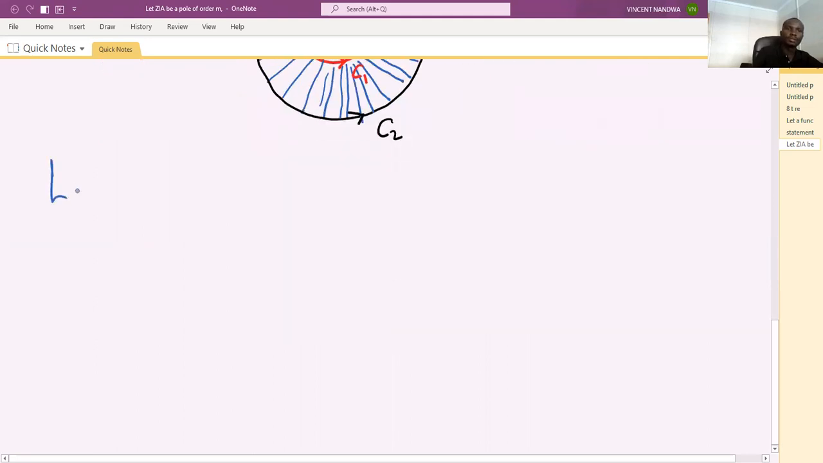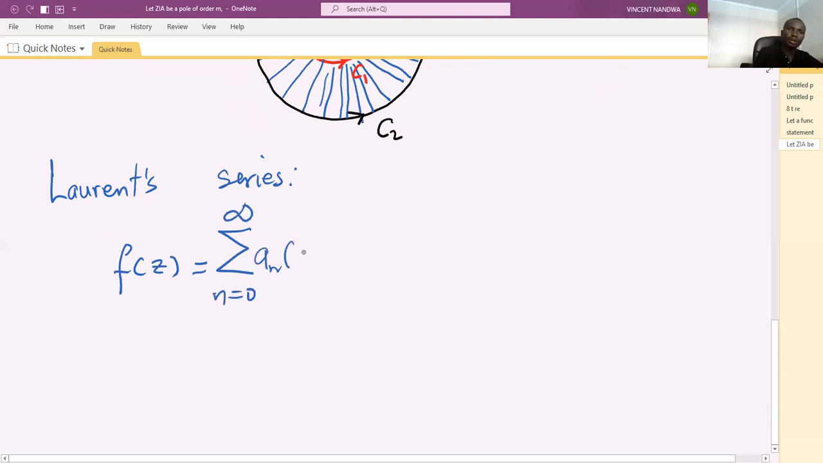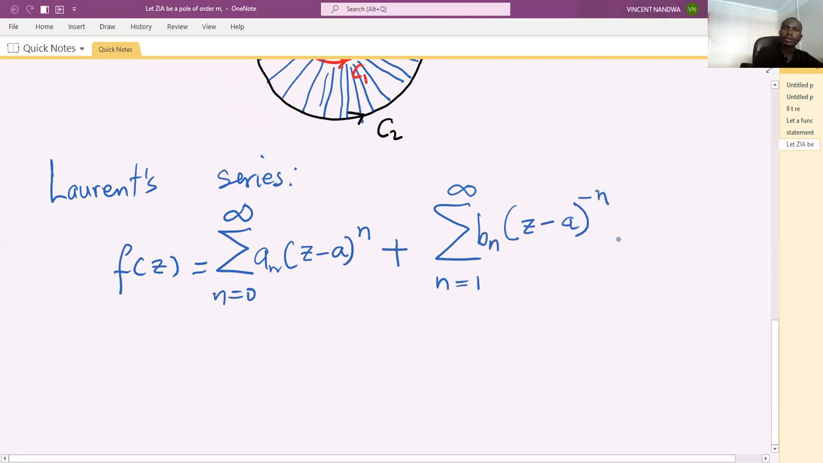By the Laurent series, we have f of z given by the summation from n equals 0 to infinity of a sub n times (z minus a) to the power n, plus the summation from n equals 1 to infinity of b sub n times (z minus a) raised to the power minus n. Let's call this the Laurent series about the point z equals a, equation 1,